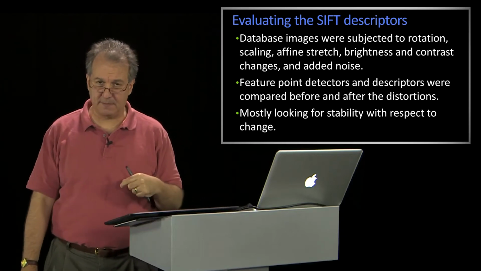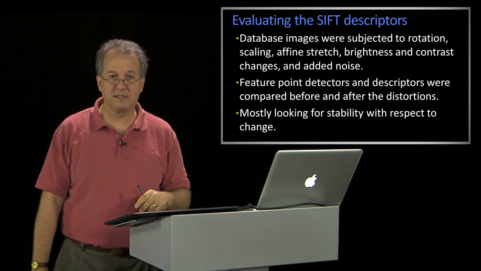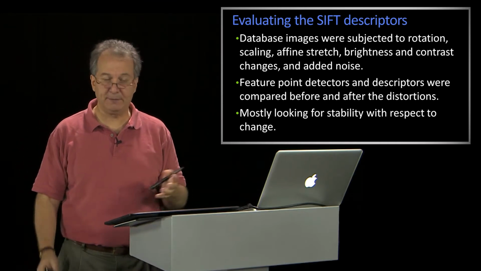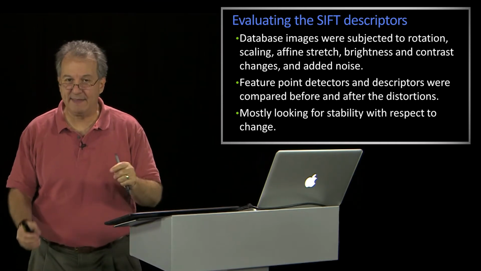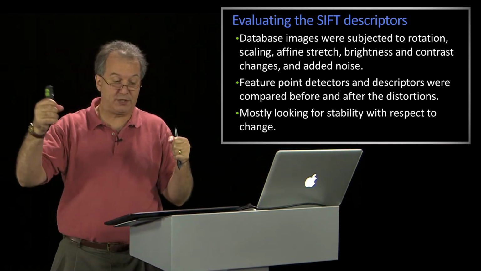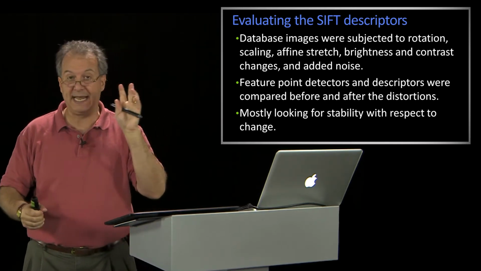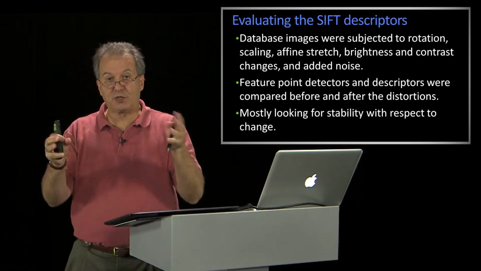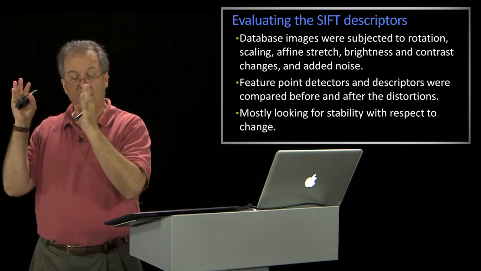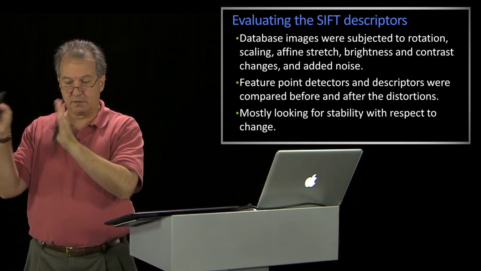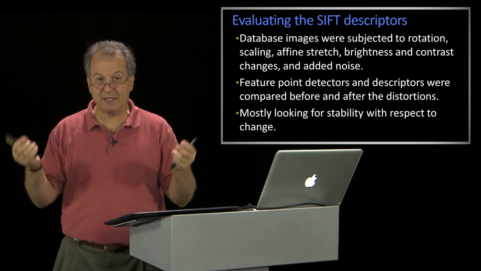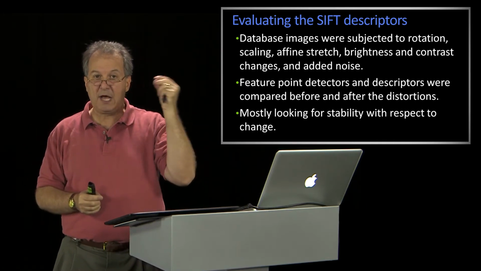One of the really nice things about some of this initial work is they did some pretty extensive evaluation. They would take a whole bunch of images and rotate them, scale them, stretch them, change the brightness, contrast, and add noise. And then the feature point descriptors would get run on the original image and the transformed, the distorted image. And then what you could do is you could say, under some matching criteria, how often